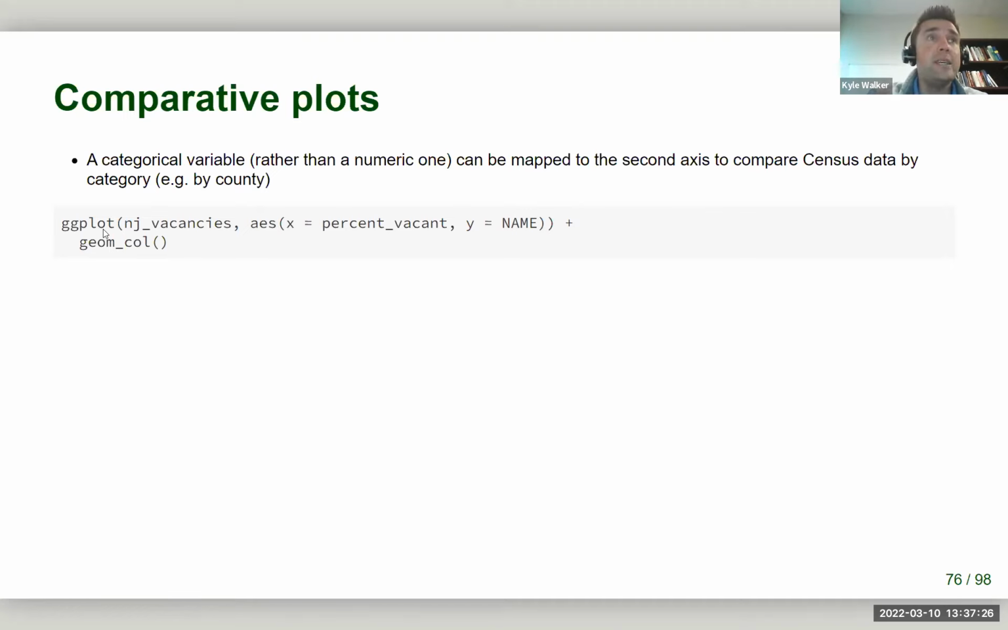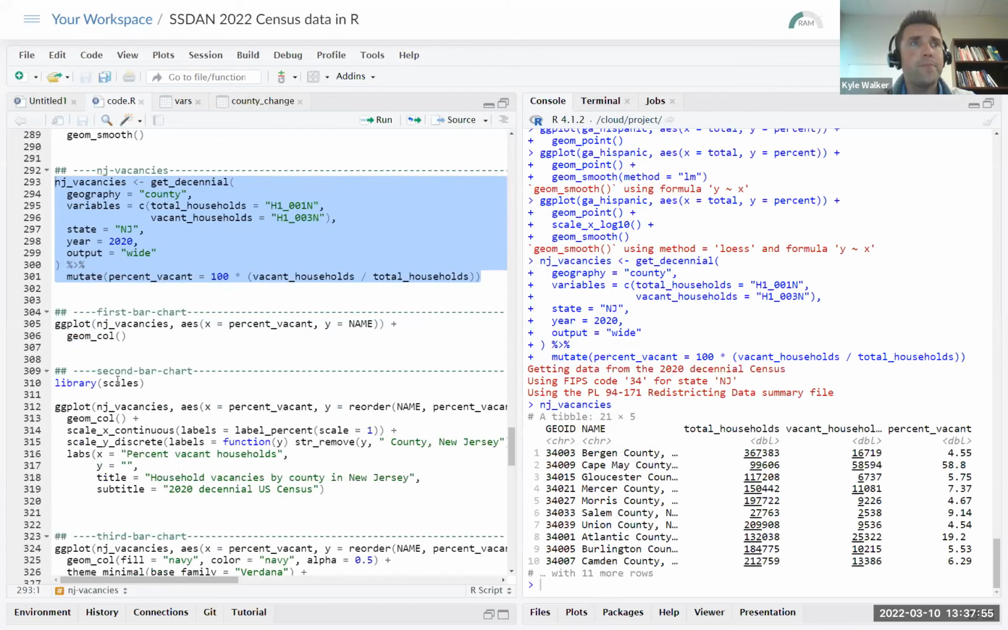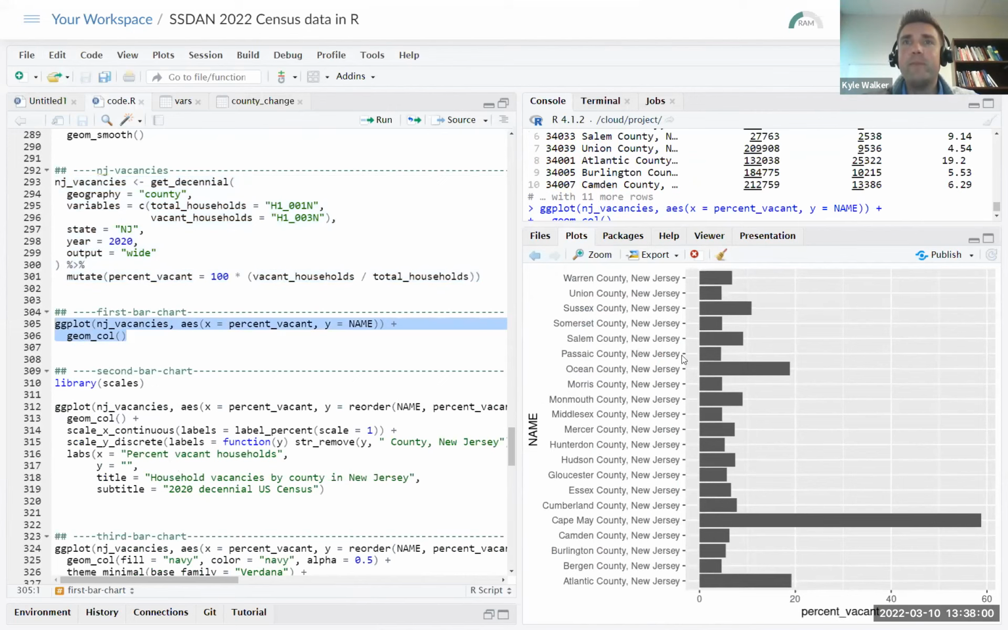So we're going to initialize the ggplot object with the name of the data set. We'll specify an aesthetic mapping where x equals percent vacant. In this case, we're mapping a categorical column, the name, to the y-axis. The geom call function will draw a bar chart for us. And so your bar chart is going to look like this. Let's run that through. All right, here we have a bar chart. It is a start,